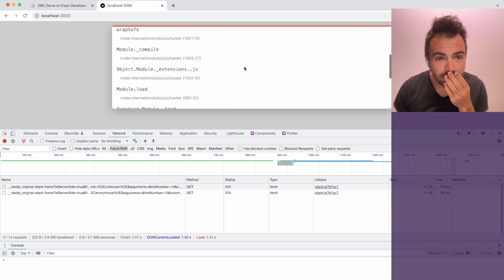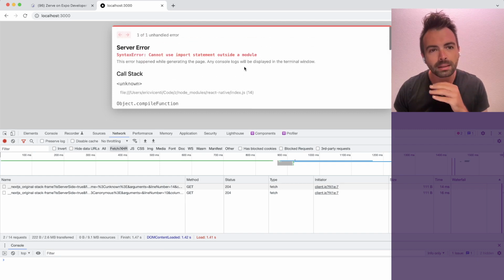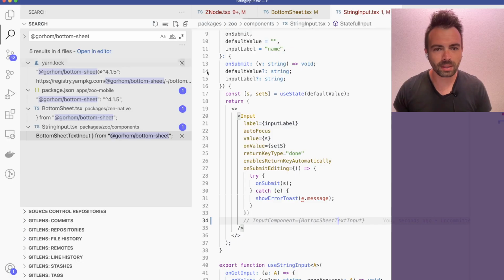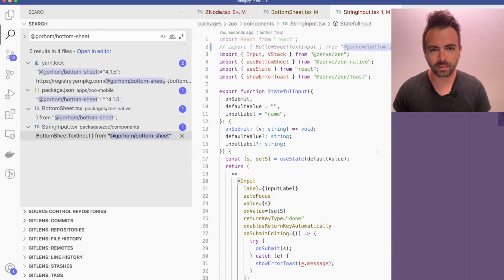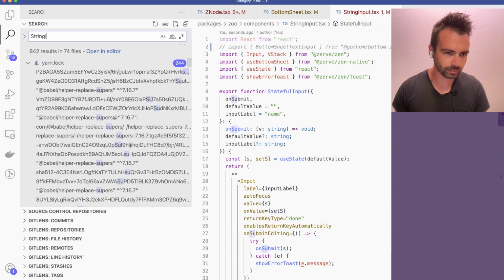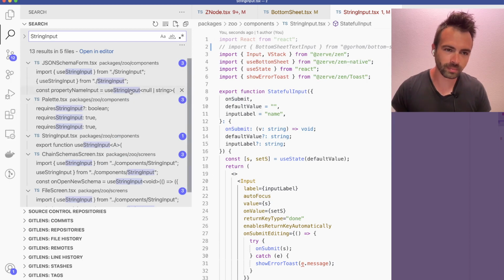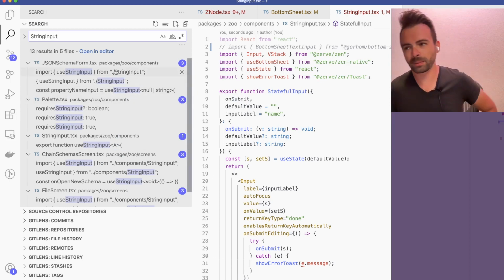Maybe? No. Someone else is still importing you. And also I want to see who's using string input. I think I know a lot of you are. Yeah, JSON schema form uses string input. So